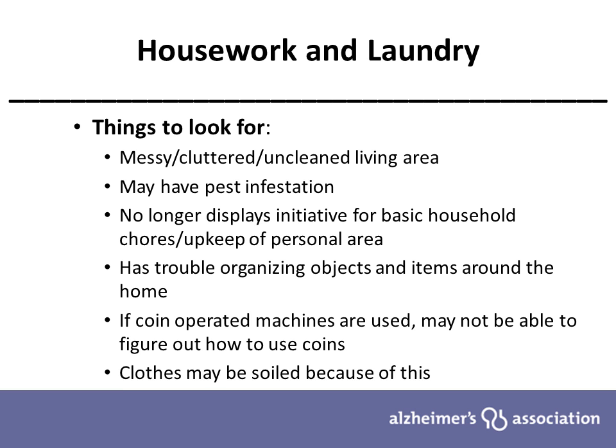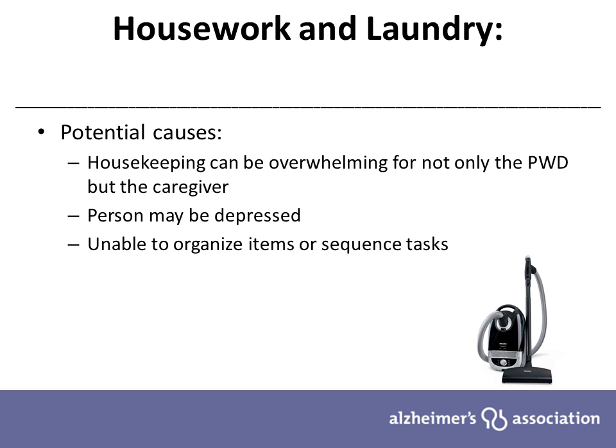And on to laundry, they might be able to figure out how to use the washing machine. If coin-operated machines are used, say for people who live in a high-rise, they might not be able to figure out how to use the coins. And because of this, their clothes may be soiled. So,